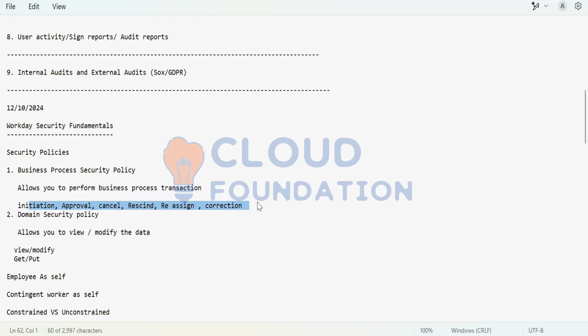And similarly, for domain security policy, you can also see get and put actually. Get and put is related to integrations. View and modify allows you to view the data and modify the data. And get and put permissions will allow your integration to get the data, pull the information, or load that information. If it is an outbound integration, and that integration has get permissions,